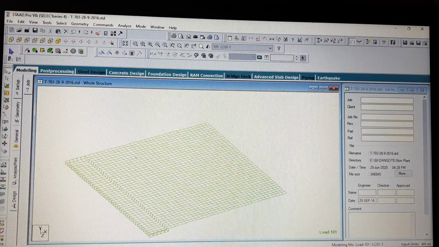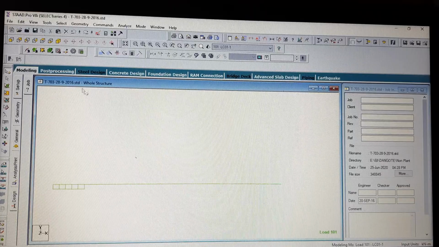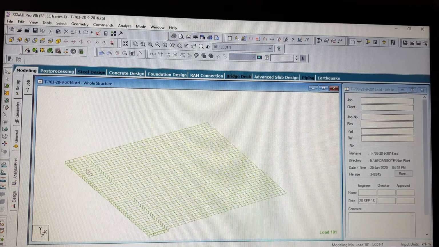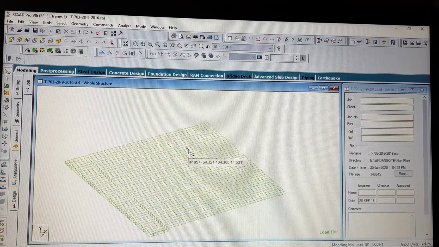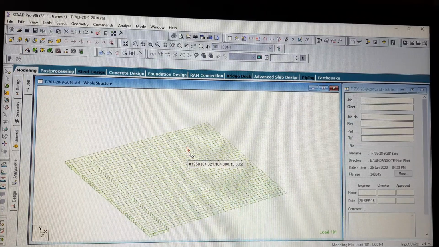So here you can easily see how you can cut your structure, a critical structure, and view all those things. This is very useful in case of big modeling, the critical modeling. That whole thing will be very useful to you and easily understandable to you. That is a good thing to understand.